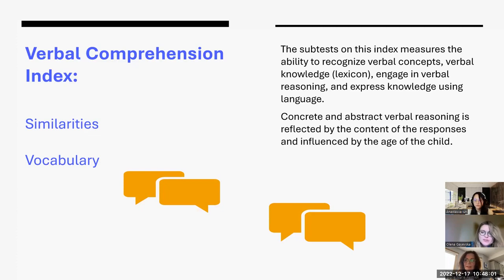Gloria, talking about these subtests, what does it look like? What's an example of similarities and vocabulary, like a sentence, just to understand. Okay, so for example, on similarities, this is one that's between the children and the older age group, the question would be, how are spring and fall similar? And in vocabulary, it would be, define a living room. So they would have to give a definition of that.